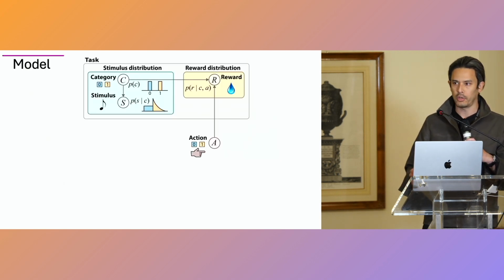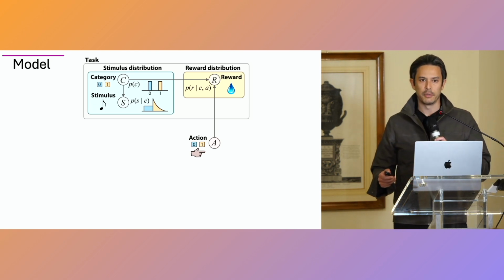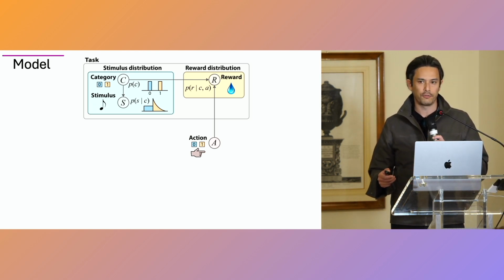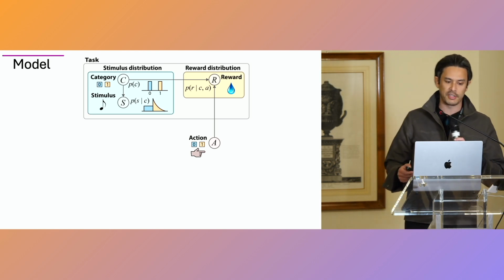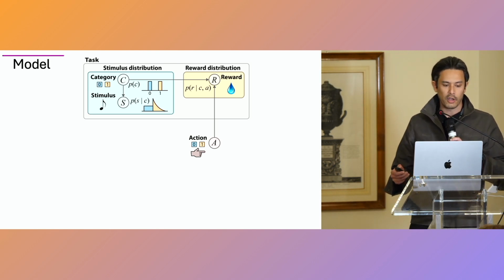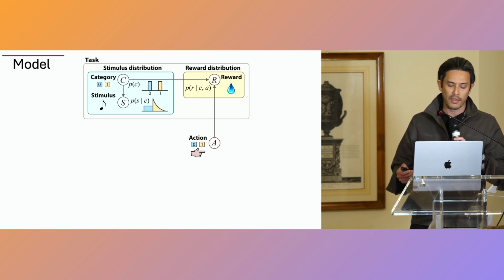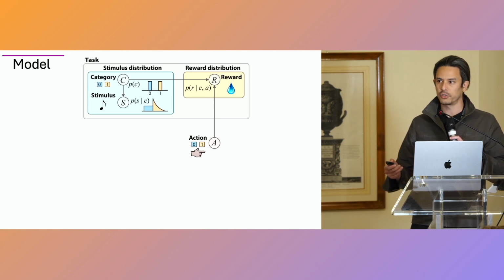So in terms of the model, I'm going to assume that everything is independent across trials, so we're just focusing on inference and decision making. We're not concerned at all with learning. Okay, so we'll formalize the task like this. On each trial, we draw a category, a latent binary variable, and the stimulus from some joint distribution. And then we'll give a reward to the subjects stochastically based on the action that they take compared to the